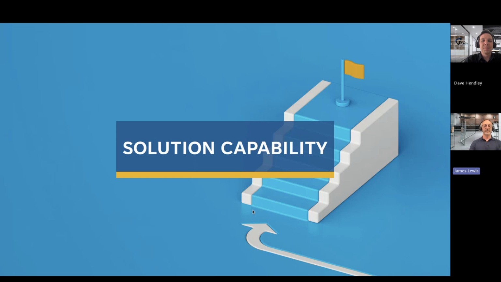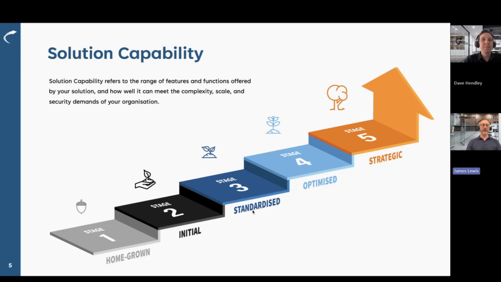But we want to dive straight into the solution capability. So this is really what it is you're using as an organization to move data around into and out of and around your organization. And we're not going to go into a lot of detail here. There's a 25 page booklet for you to work your way through and have a look at in a lot more detail. But really, just to give you the high level overview at this point, we're going to look at the different stages of the solution